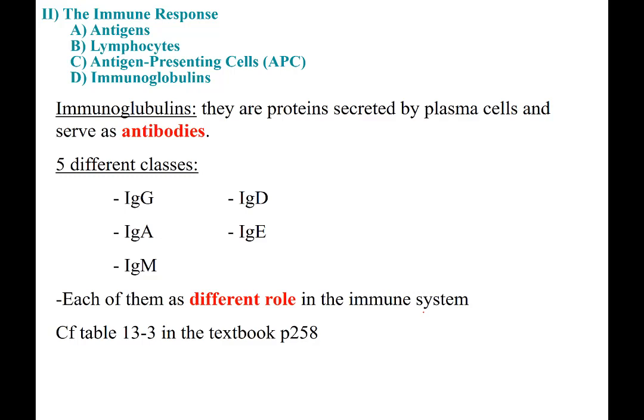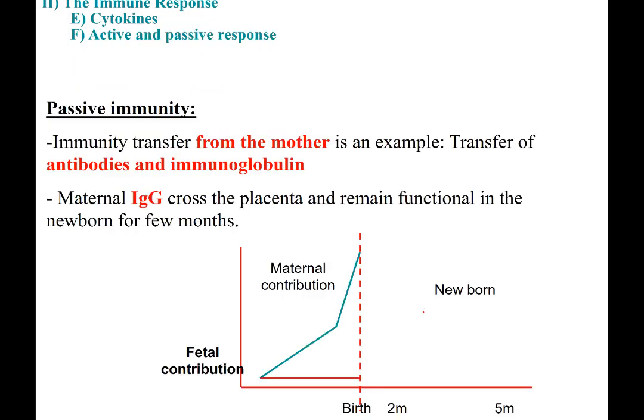If you're interested, you can look at them in the pathophysiology textbook that I would advise you to get if you can. Look at the syllabus for the reference of the textbook. It's called Essentials of Pathophysiology. So those IgG are actually very important for passive immunity. So what do we call passive immunity? That's another type of immunity. That's why I'm talking about this IgG now.